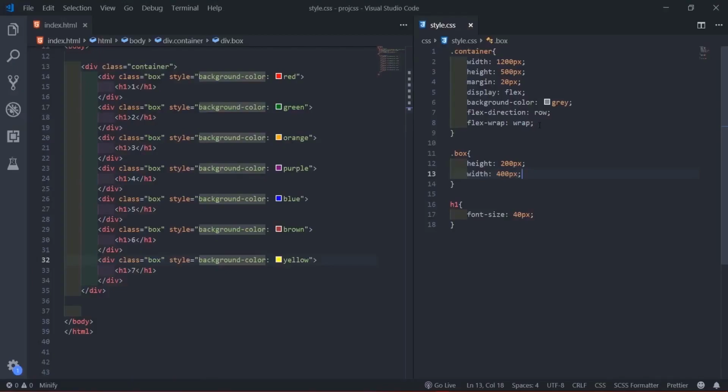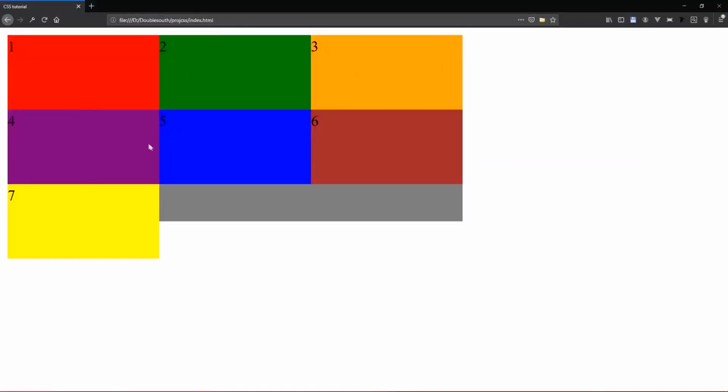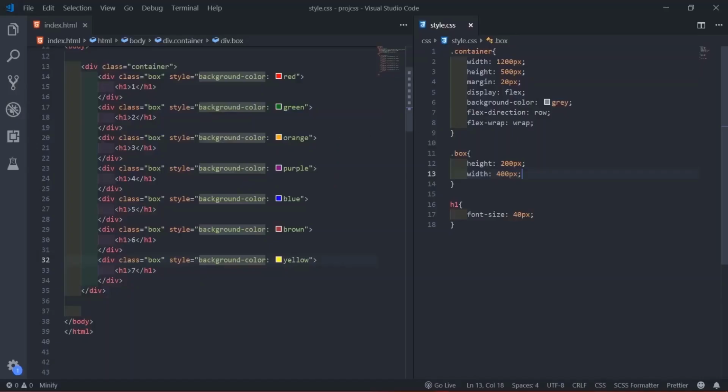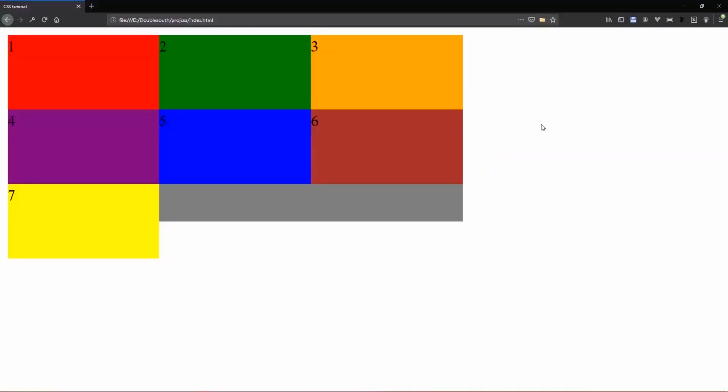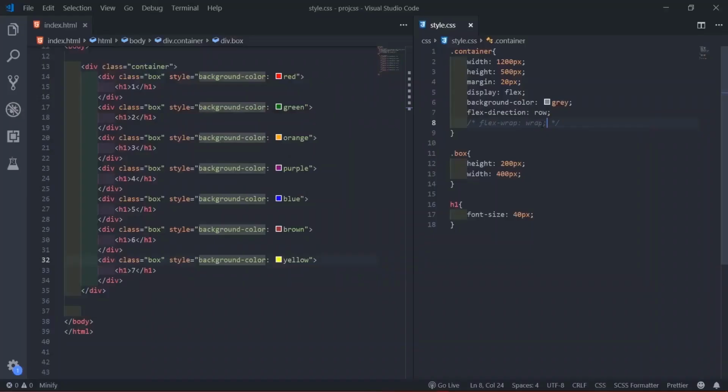So if you don't want all of them to squeeze themselves in here, if you say wrap, when you reach the ending, it says okay, this fourth one cannot fit in this place, so it breaks under, then maybe the next one continues like that. So this is very nice. You can get this kind of gallery effect, but that's not what I want now. So I'll come out of this wrap.